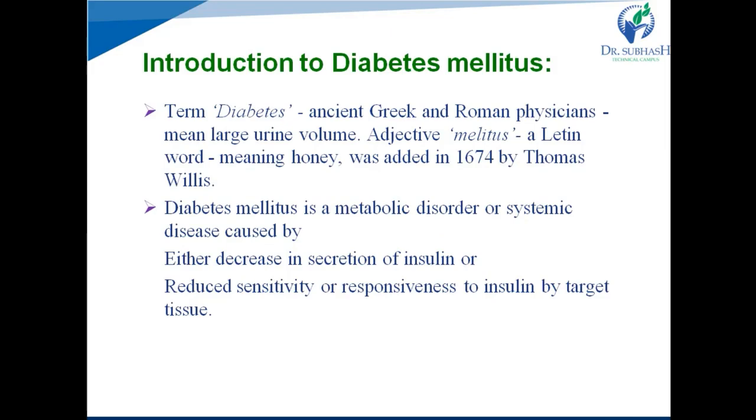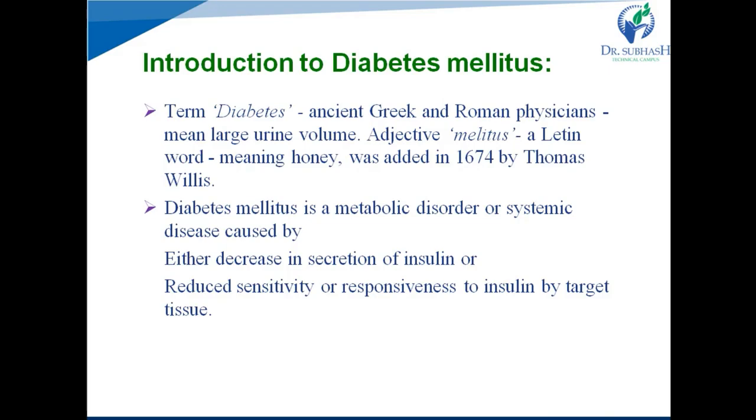In common practice, we all use 2 words, diabetes mellitus and diabetes insipidus. But nowadays, the word insipidus is not used with the word diabetes, because now the word insipidus is used to indicate disorders related to the pituitary gland. So diabetes mellitus means the actual diabetes. The term diabetes mellitus is used to indicate actual diabetes.